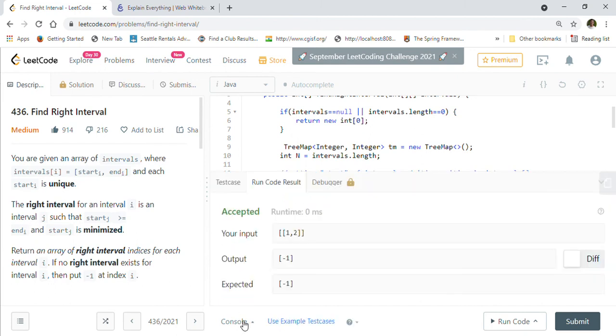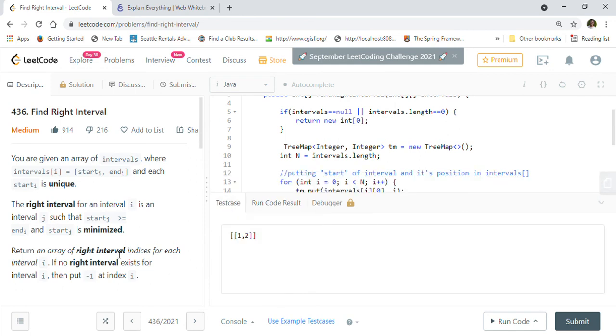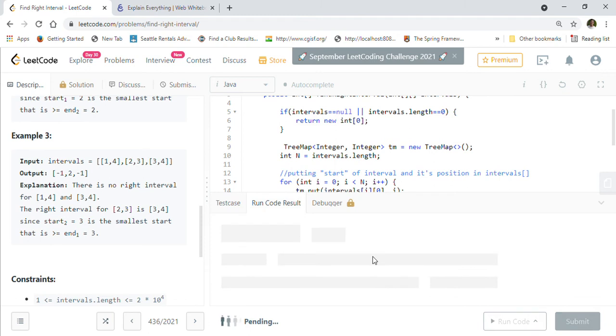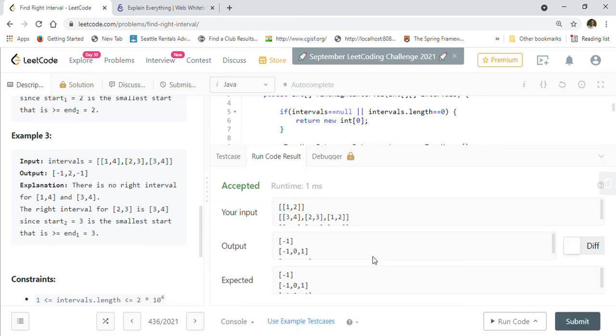So that is the detail of the implementation, and let's take all the example cases that they have given us and make sure our code is working on those test cases. As you can see, our code solution is giving us the correct result.